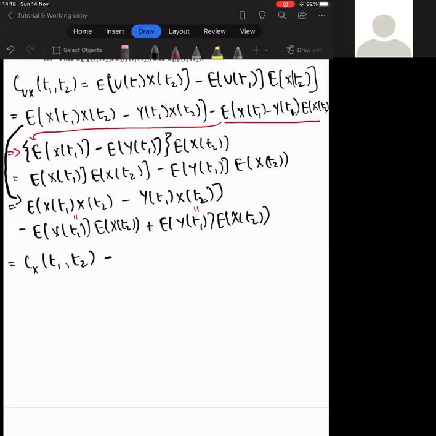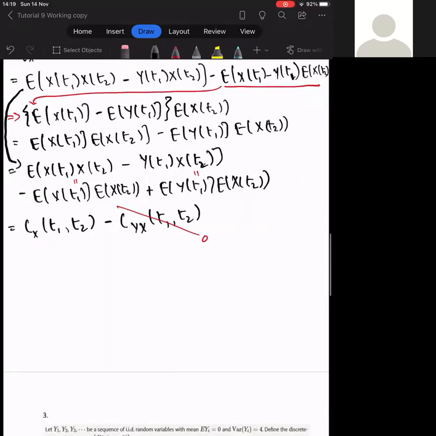minus Cyx t1 comma t2। ये माइनस इसलिए आया है क्योंकि उसके साइंस ऑपोजिट हैं। पहले वाले में माइनस है कि the expectation of y of t1 x of t2 is minus, and then E of y of t1 times E of x of t2 is plus। तो ओवरऑल इस पे माइनस आ जाएगा हम अगर इसको कॉमन ले लें। अब हमें पता है कि x and y are independent, तो we don't really need to care about this because this will just go to 0। तो हमारे पास आ गया Cx of t1 comma t2, ठीक है।